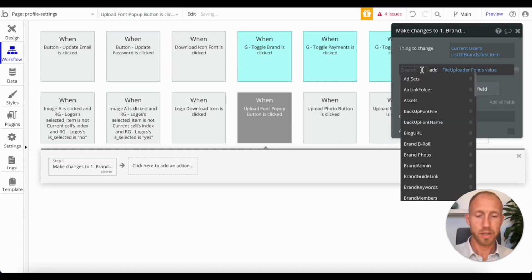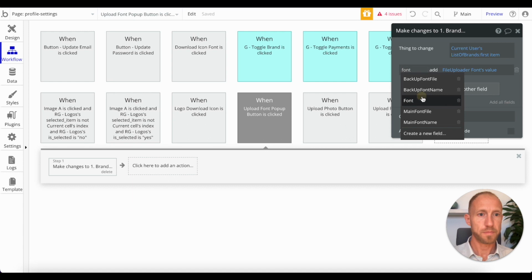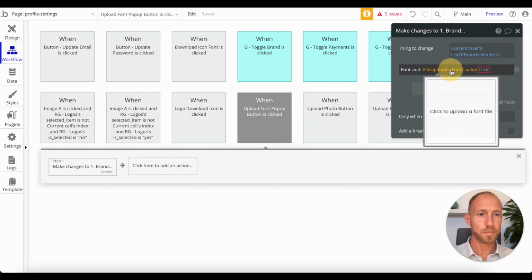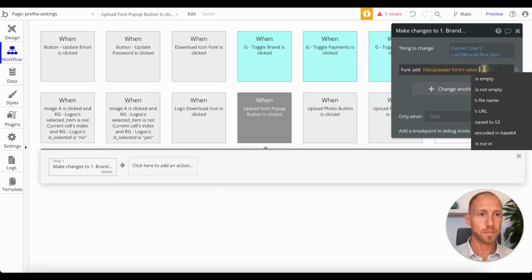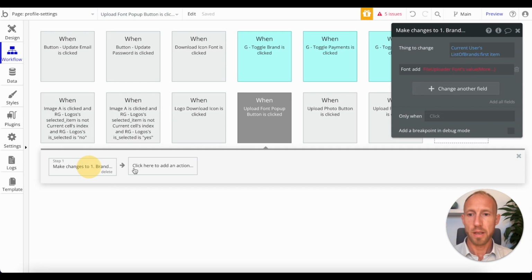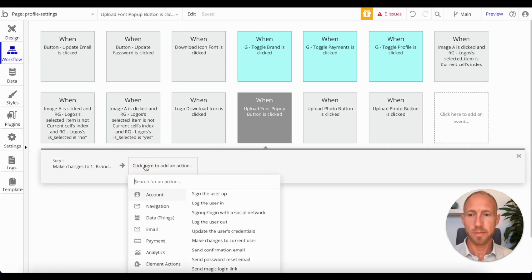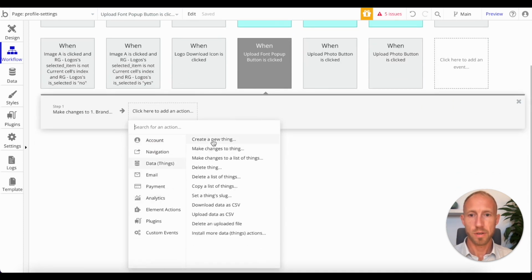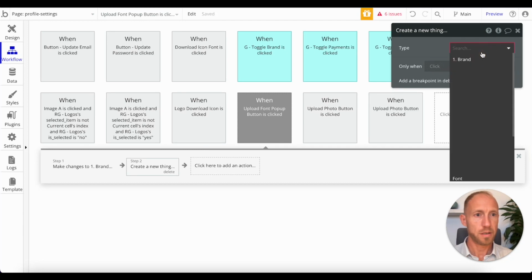Oh, it's not logo variations, is it? It's fonts. Okay, what we're actually going to do, we're going to change that brand, but first,